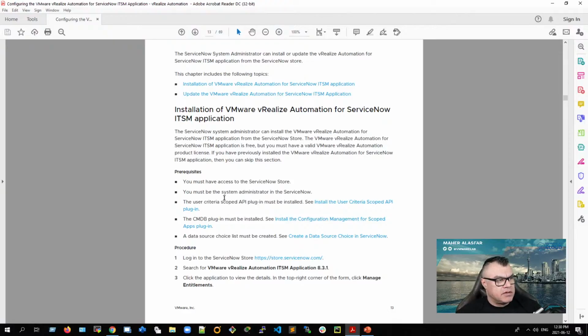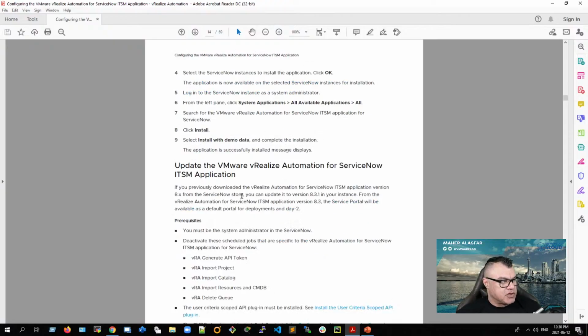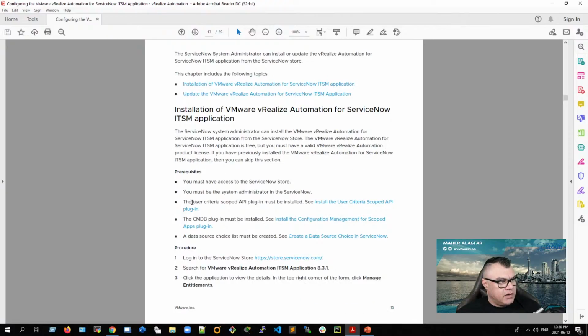Only the system administrator can actually access the ServiceNow store and use the high credentials to install the application. We've already done the user criteria. We've already done the CMDB plugin. It was already installed, and we already did the data source choice list. So basically, what we need to do is go to the